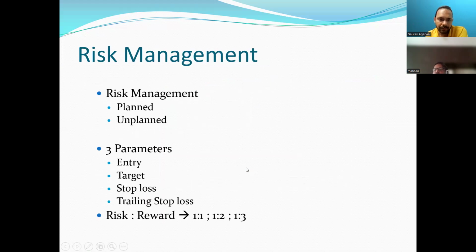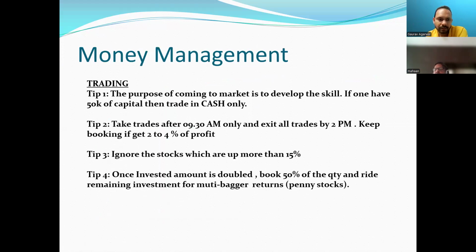So it's fine. Money management. See, money management totally depends on the capital, how much you are using for the trades, right? So you should not put all the capital in one stock. Let's say you have a capital of 2 lakhs in trading. You should always think that you can invest a maximum of 5% of the capital in one stock.